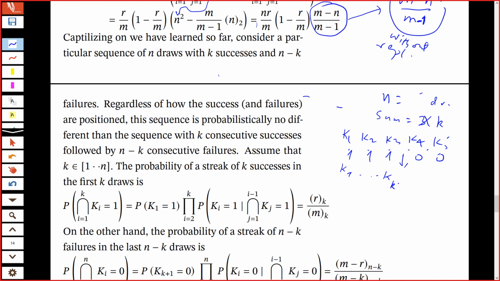क्या हो जाएगा। So I'm assuming that all the first K draws gave me a success. तो ये सारे 1 हो गए। तो बाकी क्या है, K प्लस 1 से लेके K n तक, ये सारे क्या हो जाएंगे, फेलियर्स 0।